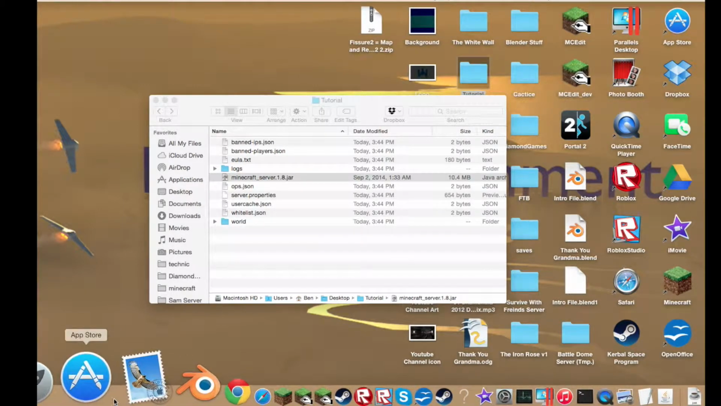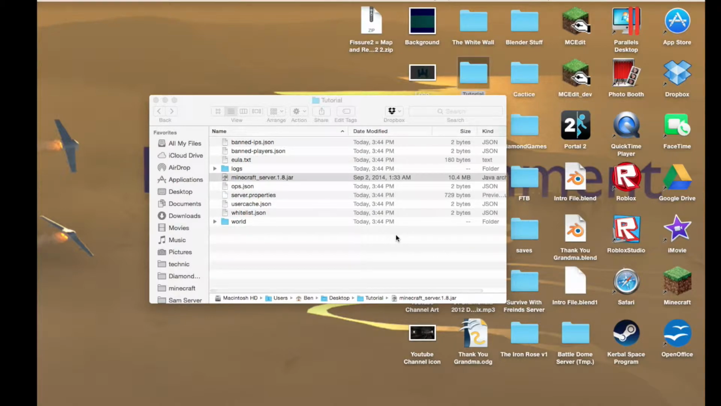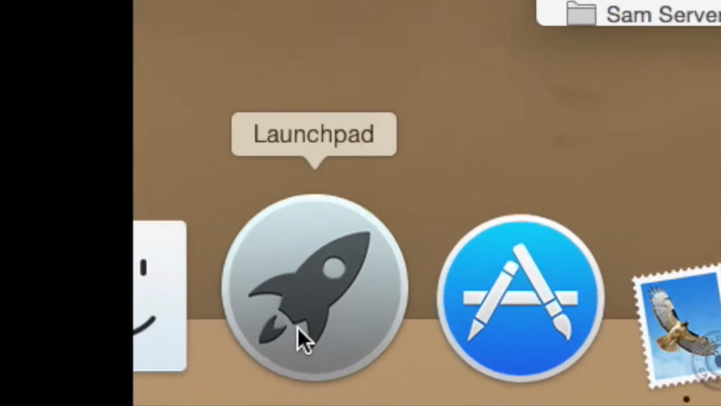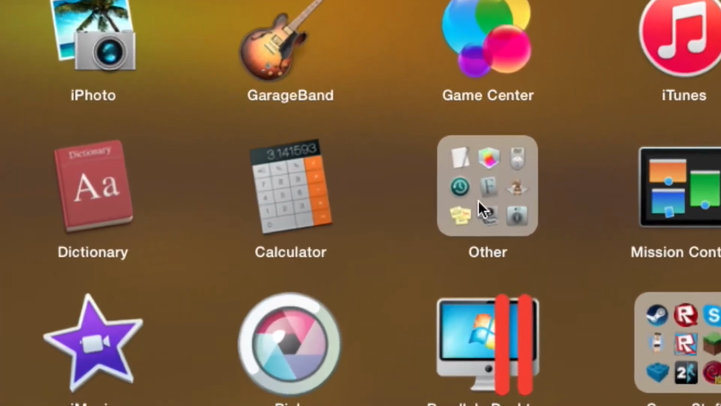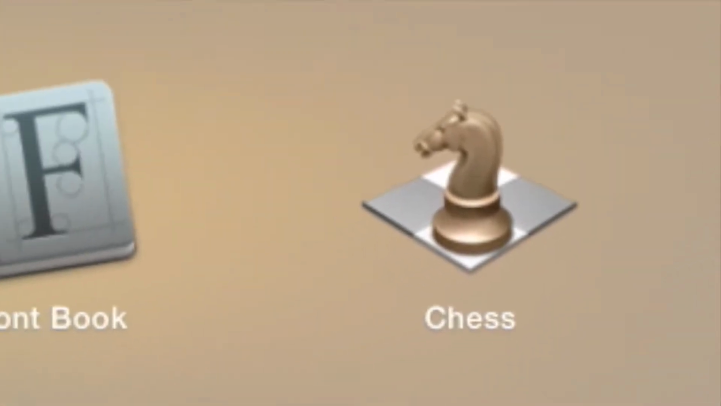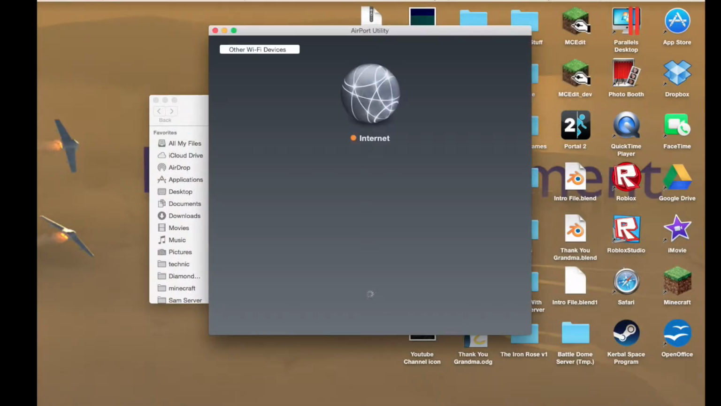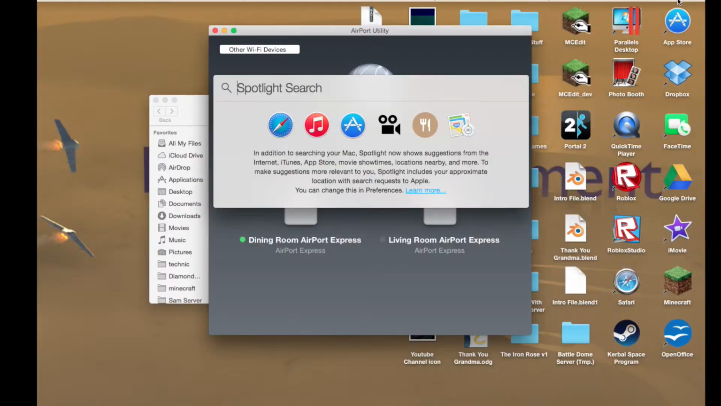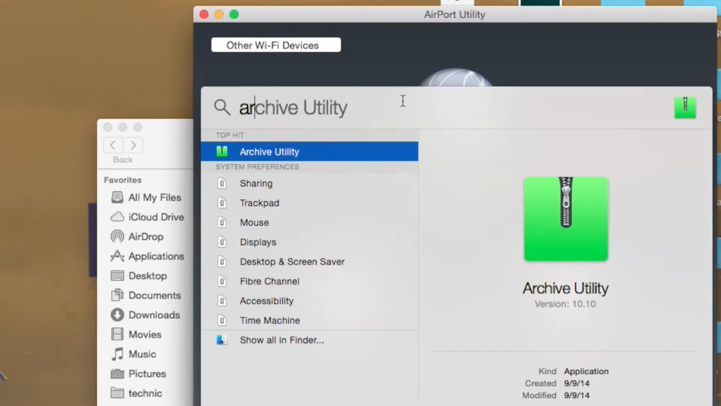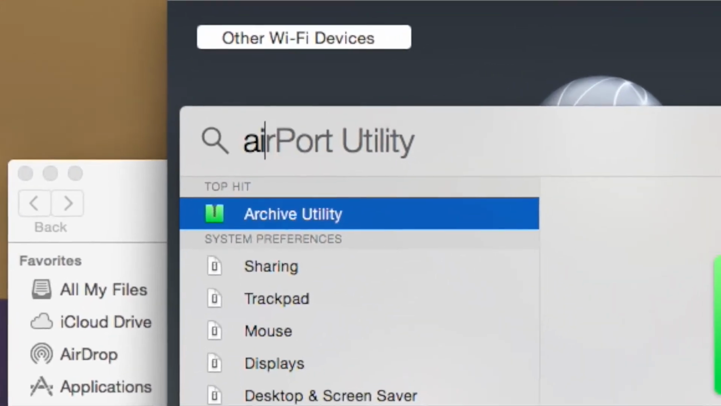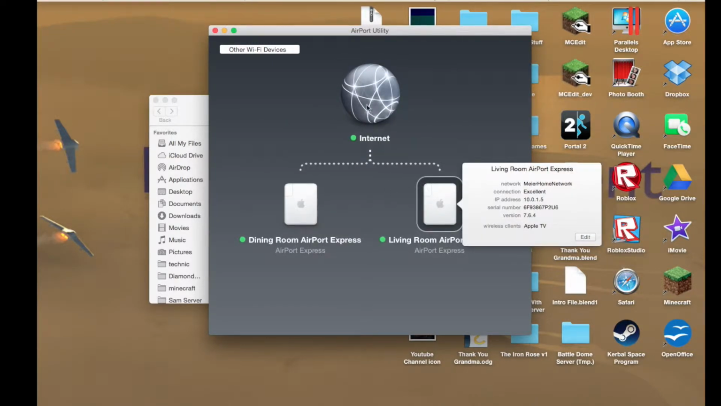You just minimize it. But then there's the issue if you want your friend to be able to join your server, but they're on a different network. So what you have to do, go to your launchpad area, and it should be in other, unless yours is called utilities. It might be in utilities, but you have to find Airport Utility. You can also use Spotlight. And then you're going to want to go to